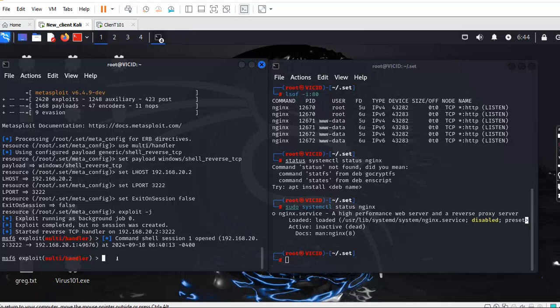So I have session 1 open. Now how do I start this client? What I'll do right now is input sessions -i, and the session number is 1. Imagine there are 1,000 persons that have downloaded that software. That's what hackers do. If I want thousands of persons to download it and give me access to their machines, I could